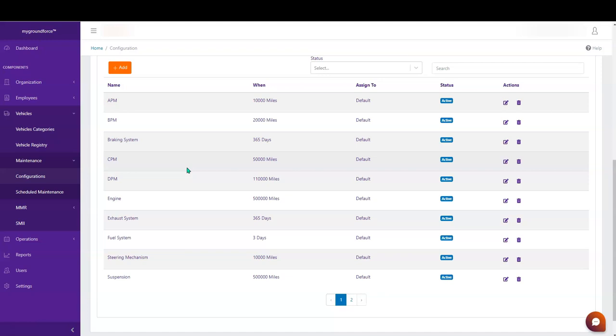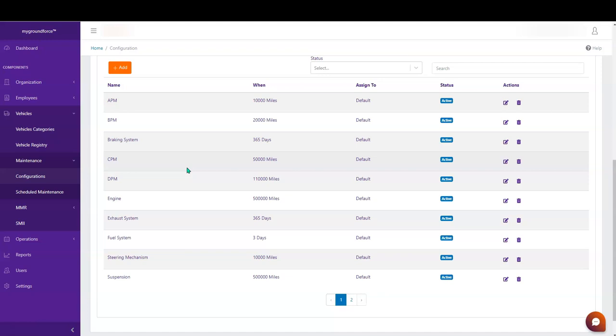We also have those standard forms and a brief explanation on how those work in an article on My Ground Force Academy, which you can access at mygroundforce.com and click on the My Ground Force Academy